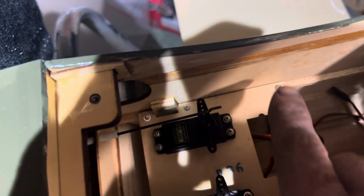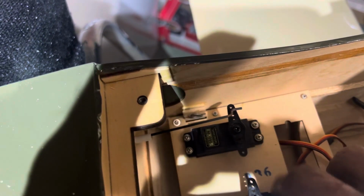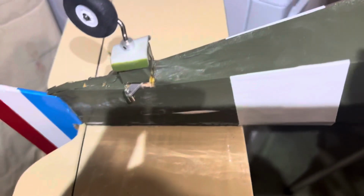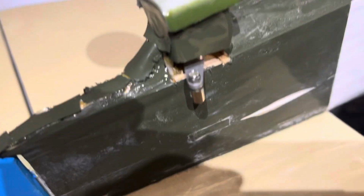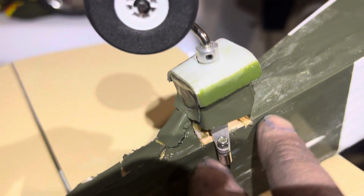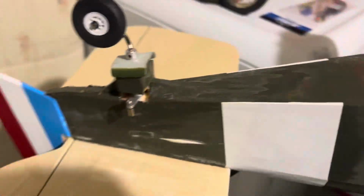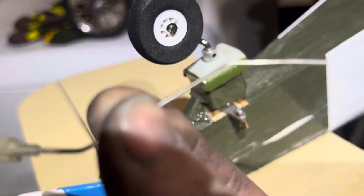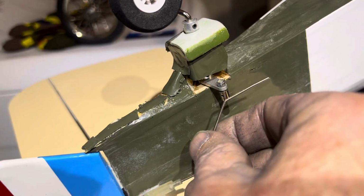Little rod here, note the rod coming out right here. This one's either going to be an elevator or a rudder, whichever one I'm going to have to work with. I'd like to have my rudder on this side so the rod can come out here and hook to my steerable tail wheel, so I can have a rod. I've got, where's it at? There it is. I've got the rod bent here so that it can go into the Allen locking collar there